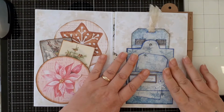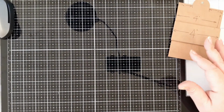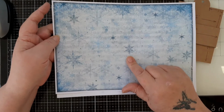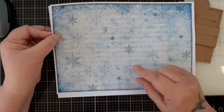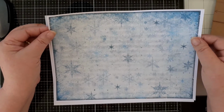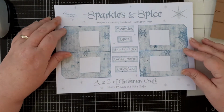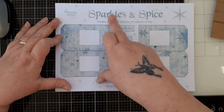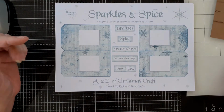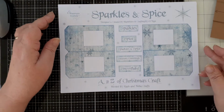Now, all the papers here are from G, from Happiness in Crafting. This one is her Friday freebie number 77, week 77. So if you're a member of G's Happiness in Crafting group on Facebook, she's got loads and loads of freebies every Friday. And also she was part of the A to Z of Christmas Craft, which was hosted by Rach and Bella Crafts. And she's just given another little freebie, which I think is also available, actually linked to her A to Z video, and I think it's also in her Facebook group. Anyway, so I took that,